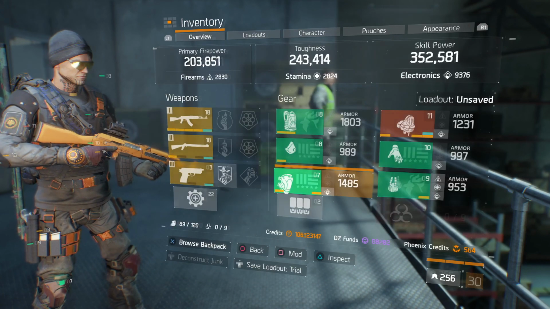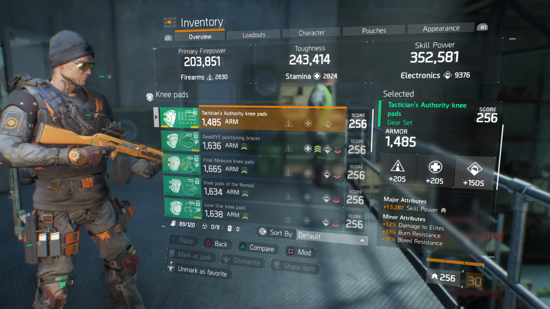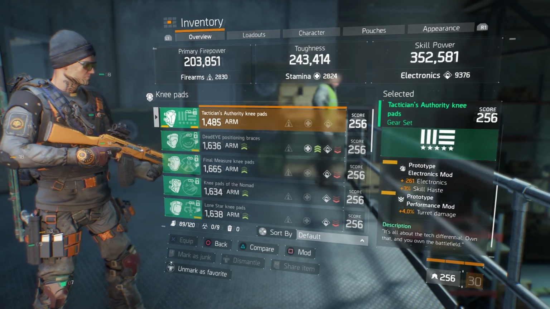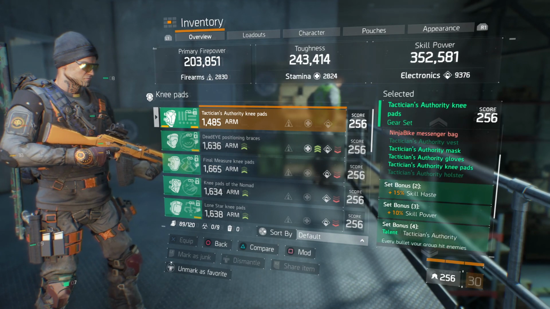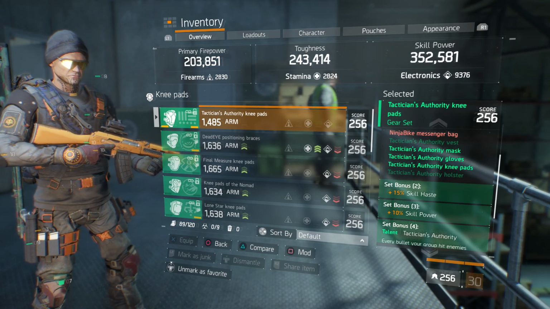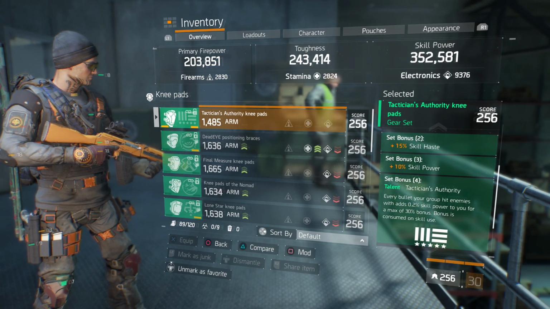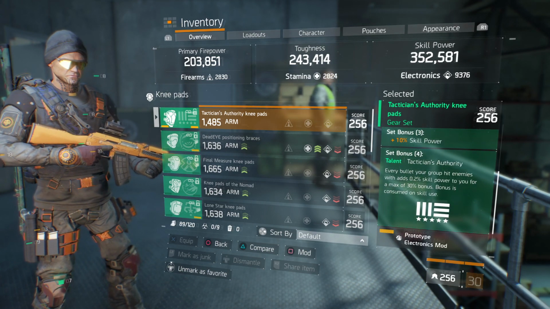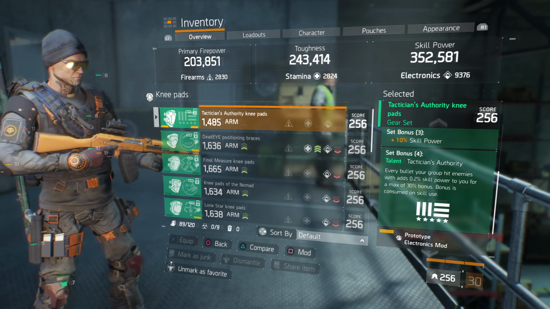So this is how I'm getting all of my damage and stuff like that. Now, before I start showing you what this build can do, I have the equivalent of 4 pieces of Tactician gear. 2 pieces give you 15% skill haste, 3 pieces give you 10% skill power, and with 4 pieces, every bullet your group hits enemies with adds 0.2% skill power to you